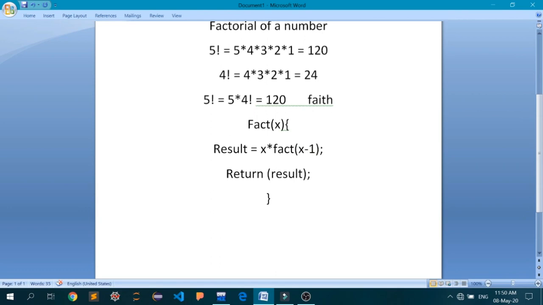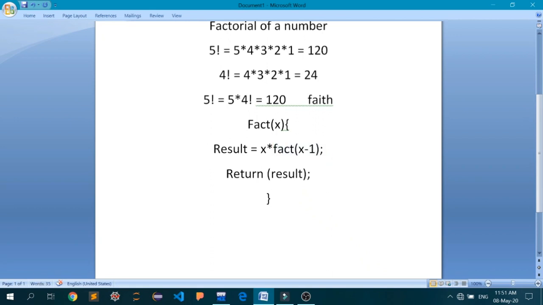So you can say you have assumed that I have faith that this will return the value that I have wanted, and all I have to do is multiply the number x with whatever is returned by this, and I will get the result that is intended by this factorial function.